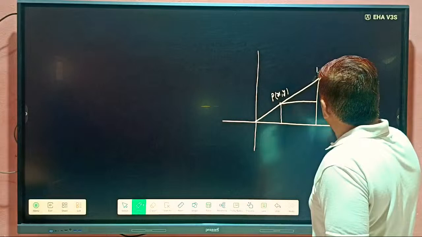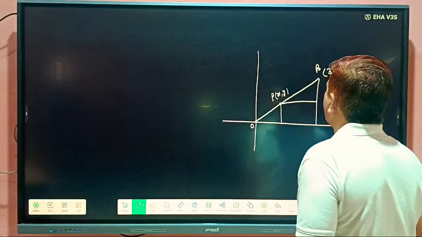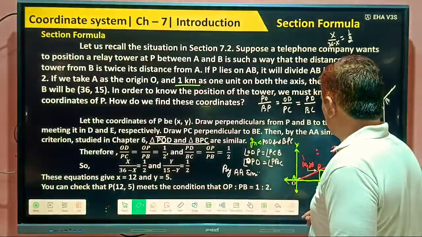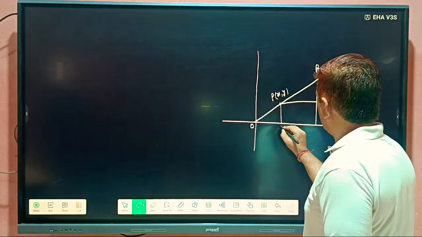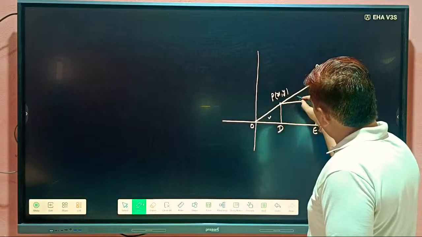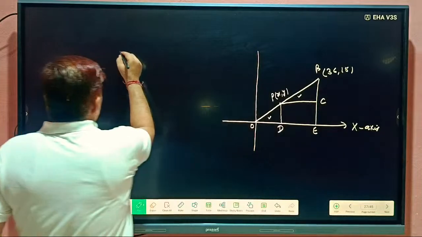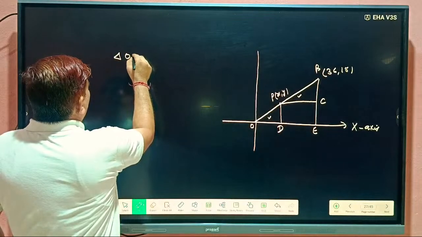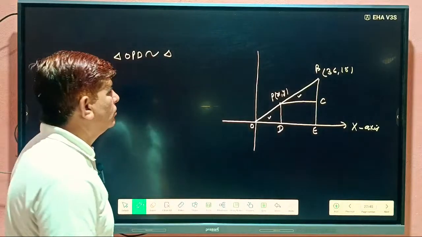What's the name of this point? B. What's its name? O. We will take according to this: D and E. This is D, this is E, and this is C. This triangle and this triangle are congruent. This triangle and this triangle are congruent. So triangle OPD is similar, congruent, not similar, is equal to